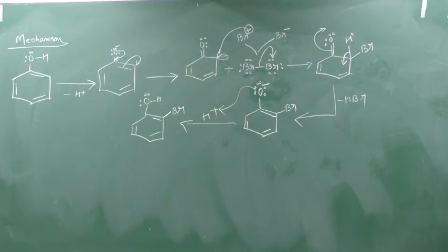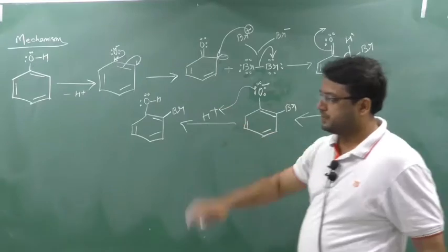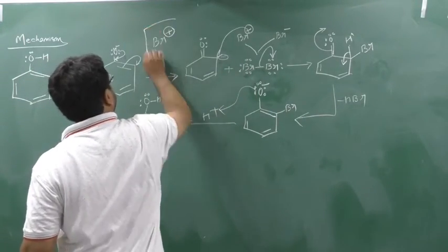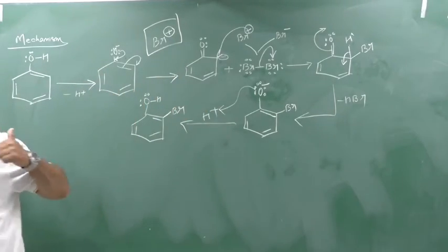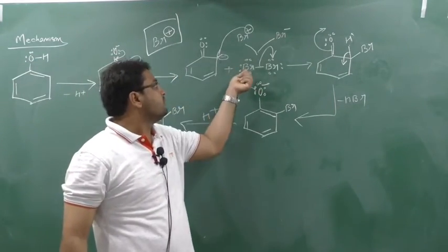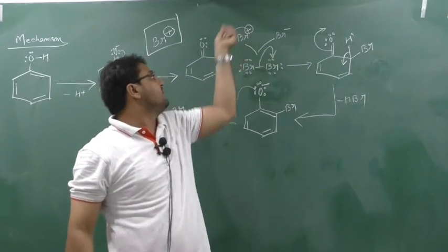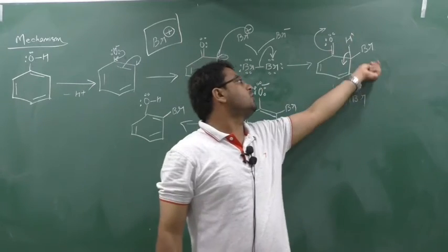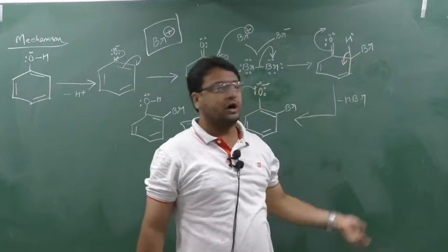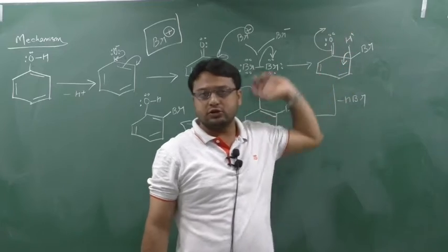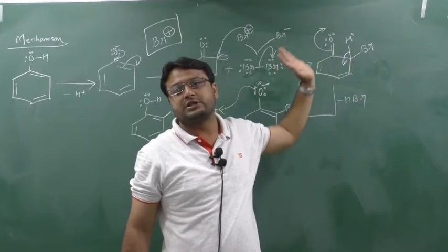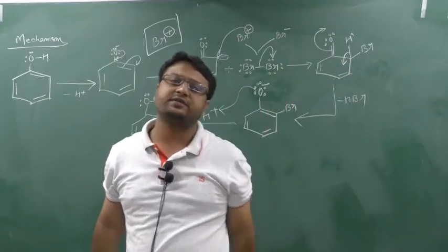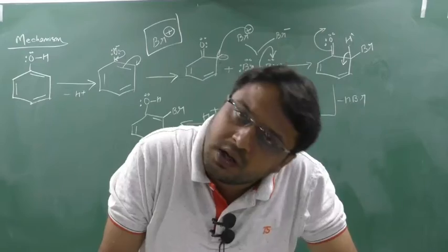If you want to show the mechanism with p-bromophenol, follow one more step and show the para. Understood? Who is the electrophile acting here? Br plus is acting as the electrophile. I explained how the Br plus is formed: if you shift this bond here, this will be Br minus and this will be Br plus. That Br plus will attach here to remove H plus. In short, an electrophile is attached to remove an electrophile. This is only substitution because plus charge is substituted by plus charge. So this type of reaction we call an electrophilic substitution reaction.